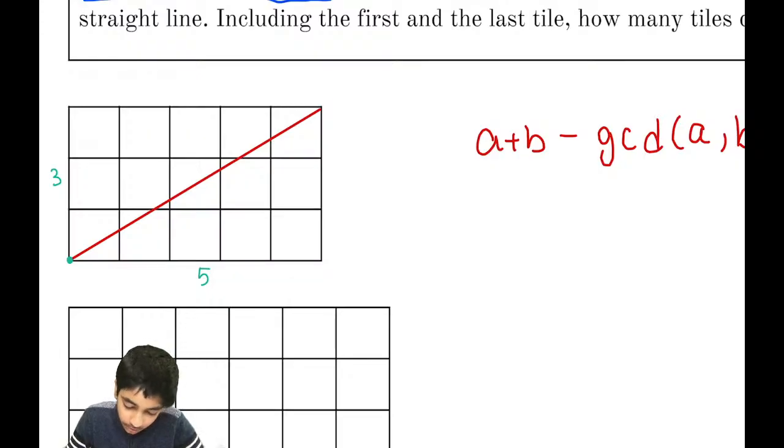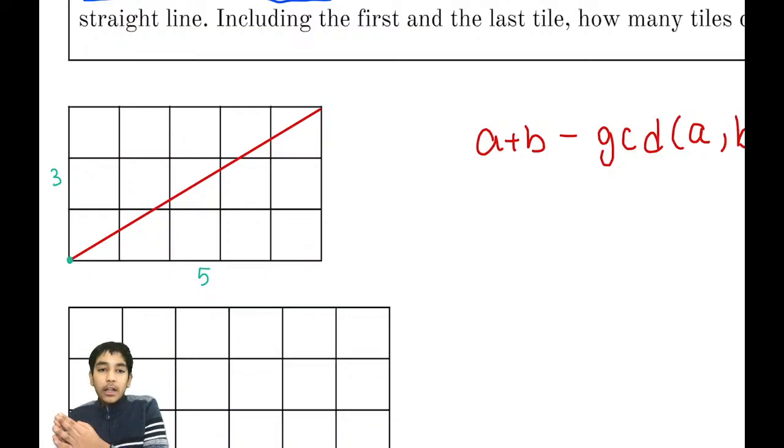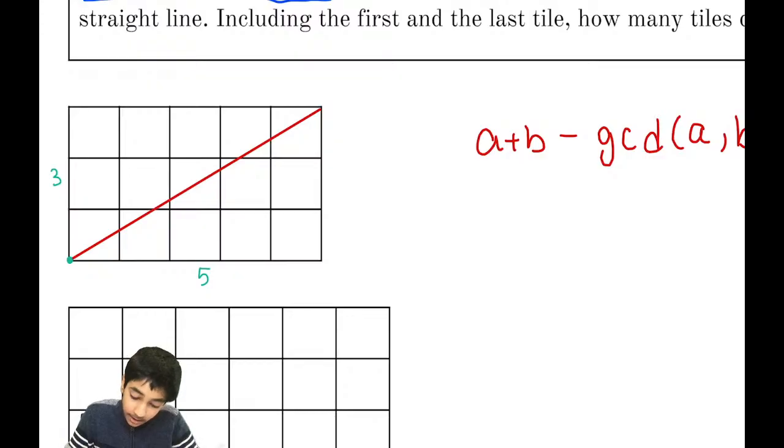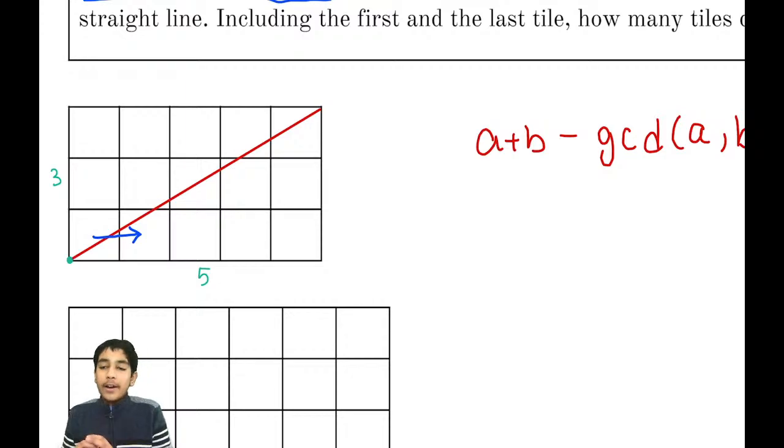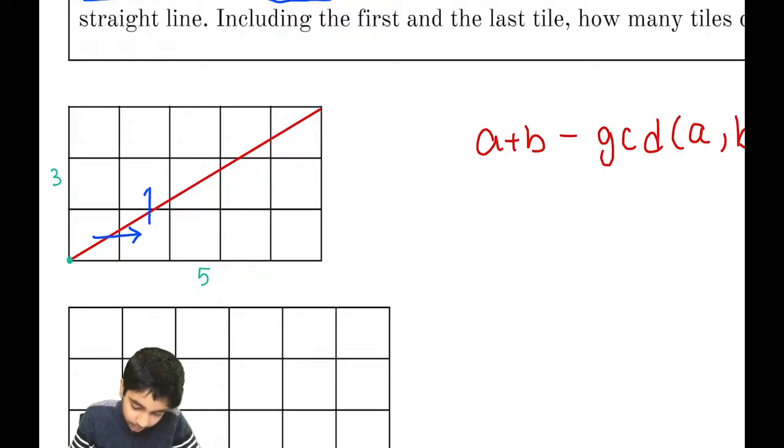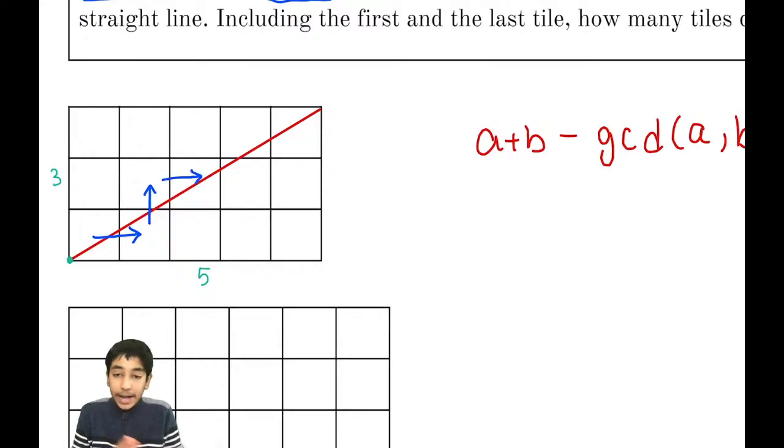So essentially, notice that whenever we go to a square that's to the right of the current square, we add another square. We're essentially entering another square in our grid. And similarly, whenever we go up to another square, we're also going into another square, and we also have to add 1 to our count. So basically, each time you go right or up, we're essentially entering a new square. So the number of squares we're going to go through in this whole grid is just going to be 3 plus 5,